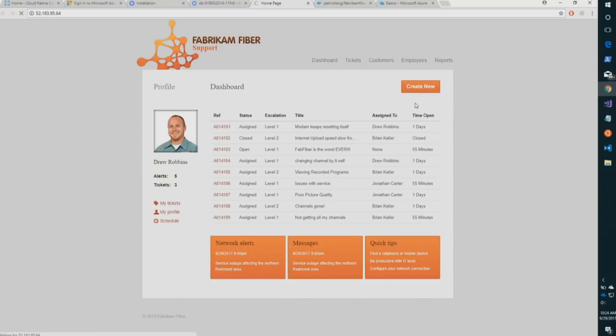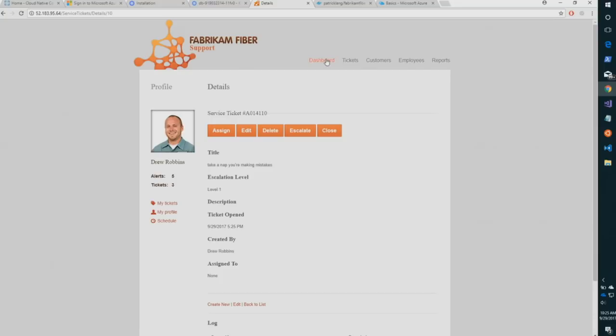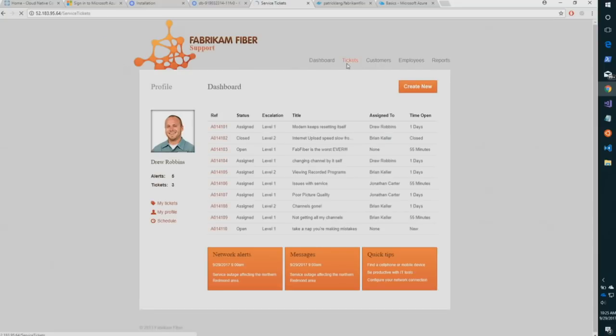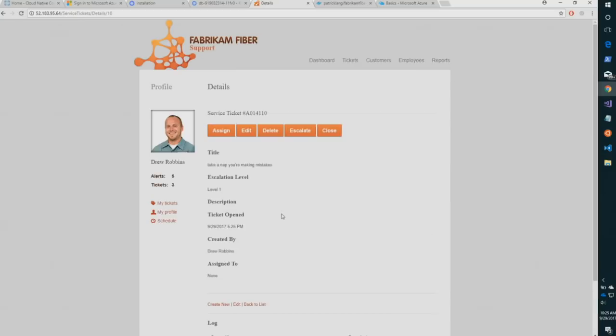I'll go ahead and create a new trouble ticket. All right, so got a new trouble ticket created. Go back to the list of tickets, and there it is, there we go, and I need to actually assign